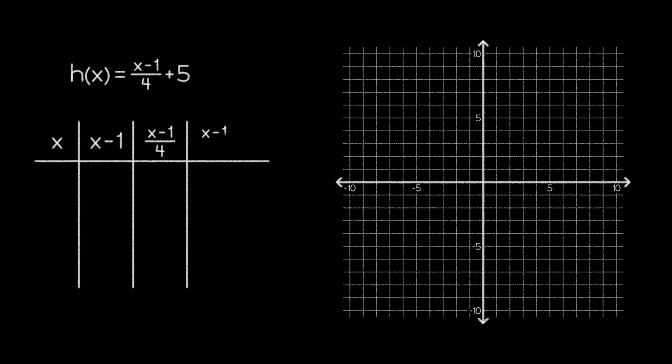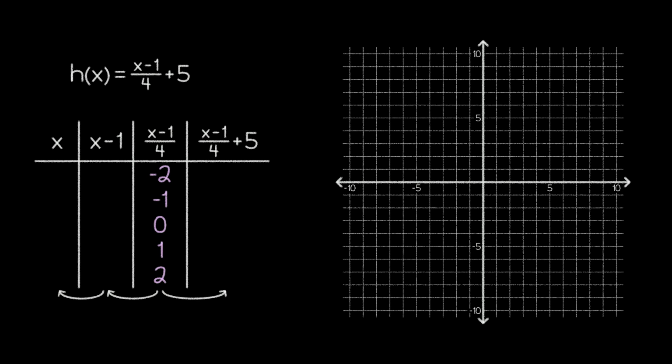However, instead of just hoping for this, let's build our table around this concept. Let's make it so that after we take the step of dividing by 4, our values end up being the integers from -2 to 2. Once we fill those values in, we can see that we need to complete the table in 2 directions. We need to make our way to the left to figure out what the inputs should be, and we need to make our way to the right to determine the final outputs.